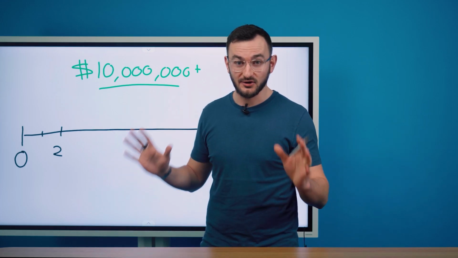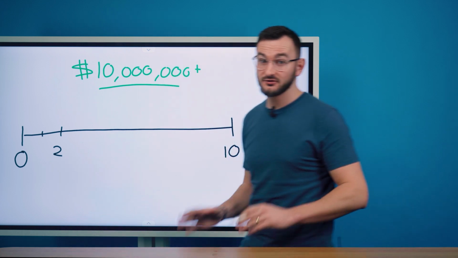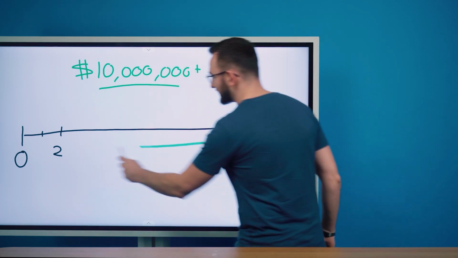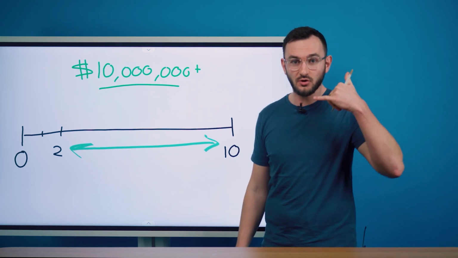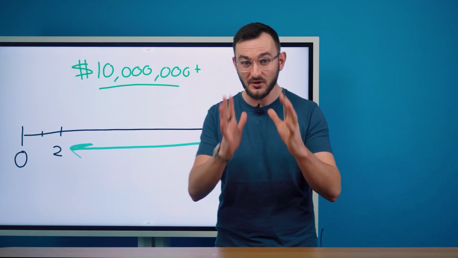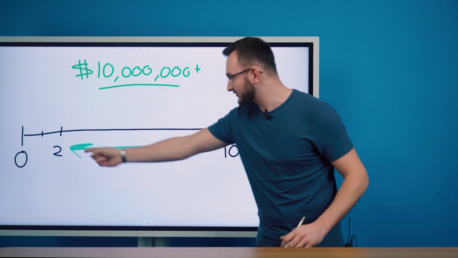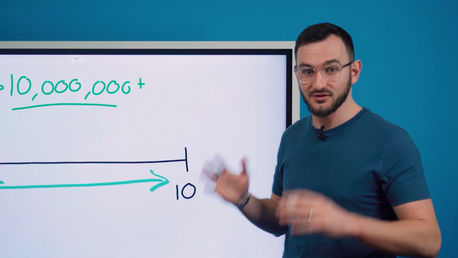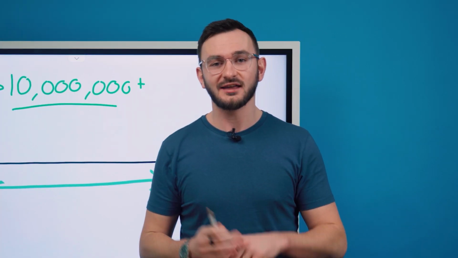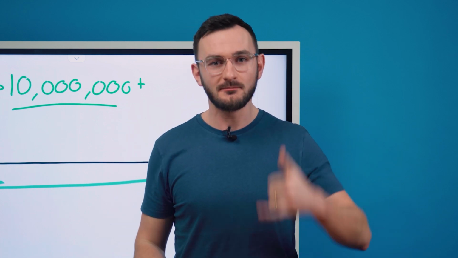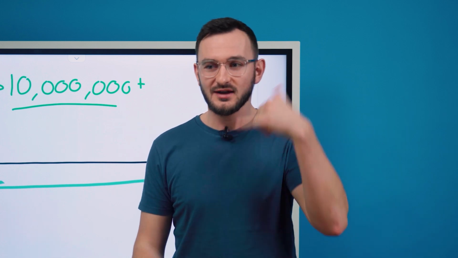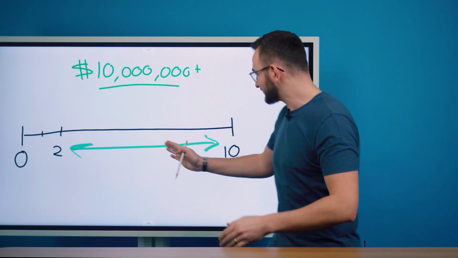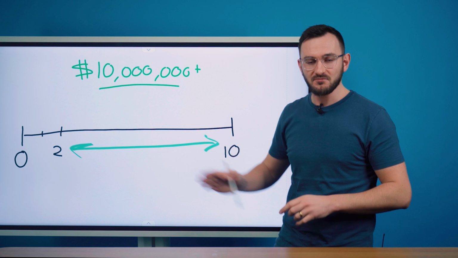Your marketing online has got them from a 0 to perhaps a 2. And now the sales call itself has got a massive job to do. Your conversation on the phone with that prospect needs to get them from a 2 to a 10. That is a tall order, and that is the very reason why most of the people you speak to on the phone, it's a no, it's another no, and it's another no, because there was so much that needed to be done on that phone call.